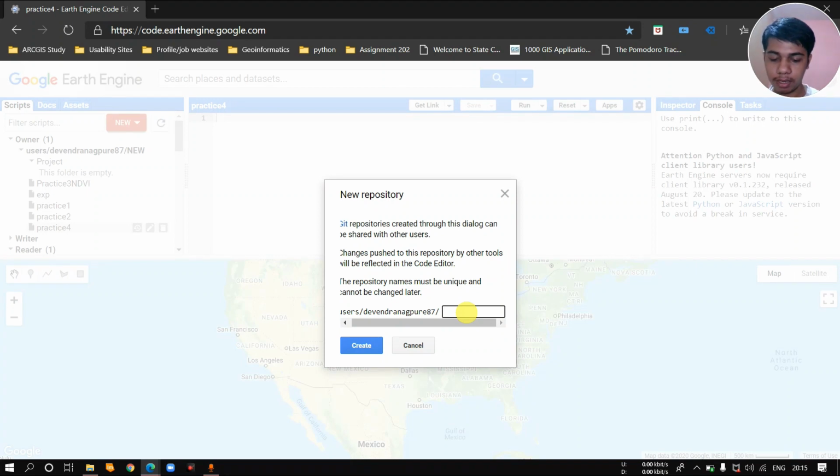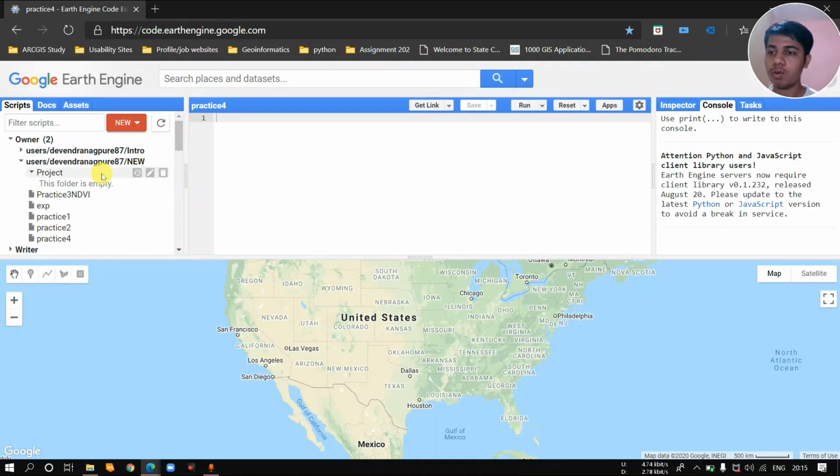I will write intro, and create it. So over here you can see the intro is created, and it's saying that your repository is empty for now. After you have created a repo, you have to create a file.